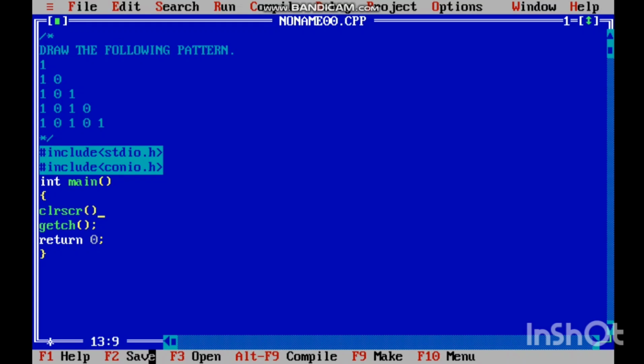So firstly we create the outer for loop, and we take three parameters to create it. Firstly we initialize the variable, that is i equals to 1, and check the condition if i is less than or equal to 5, and i increments by 1. And inside this outer for loop